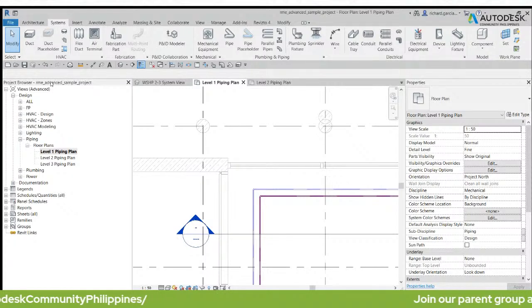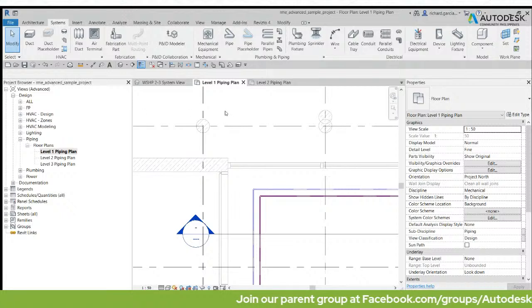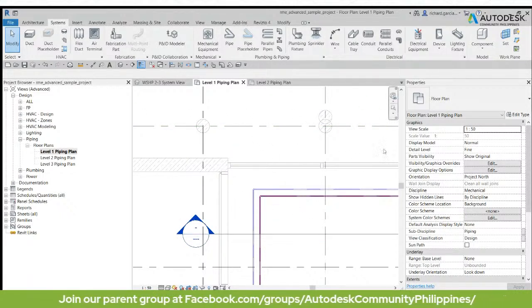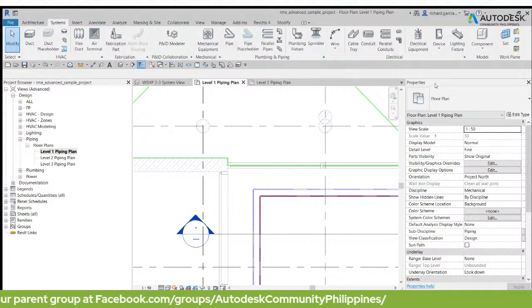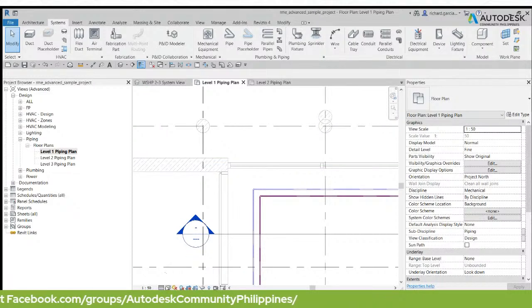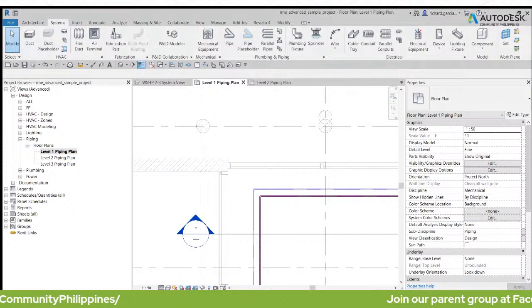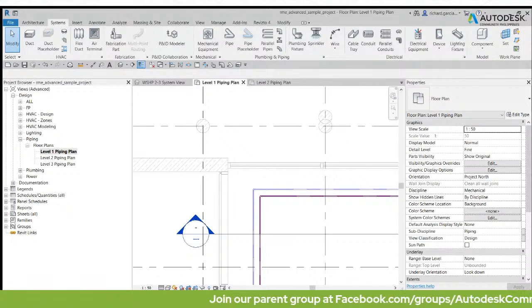We have the project browser, and of course the view window or the drawing area, and the properties. And then we have the view control bar, the status bar, the work sets, design options, and then our selection